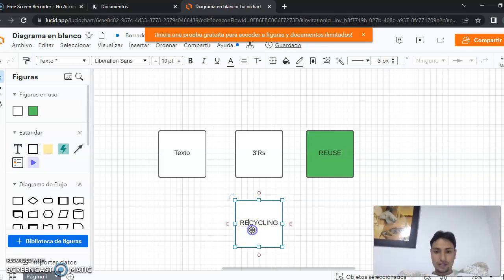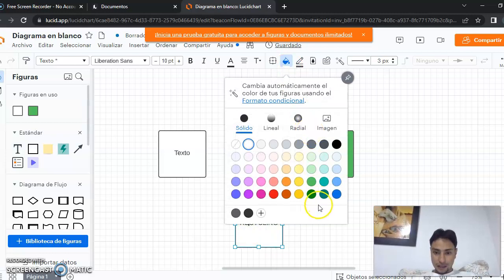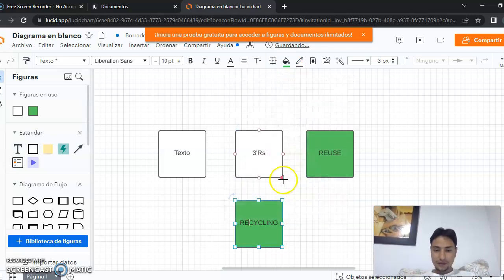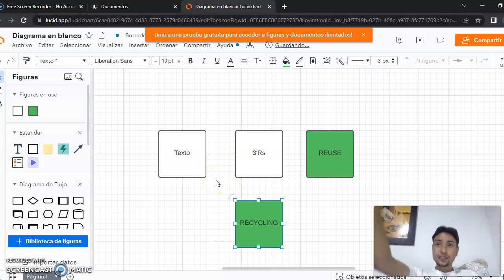Okay, so let's select a color. Let's do that one. Maybe, yeah, that's a good one, a great one. Perfect. So we have reuse, recycle. All right. And last one,